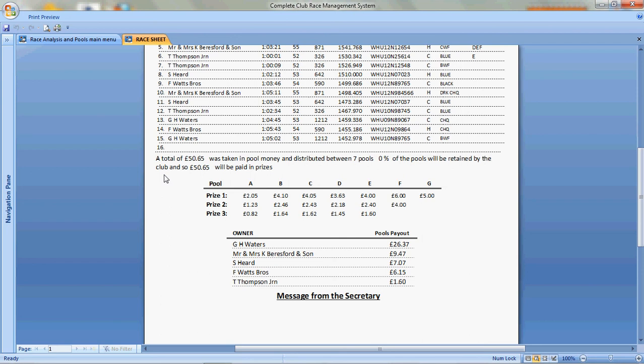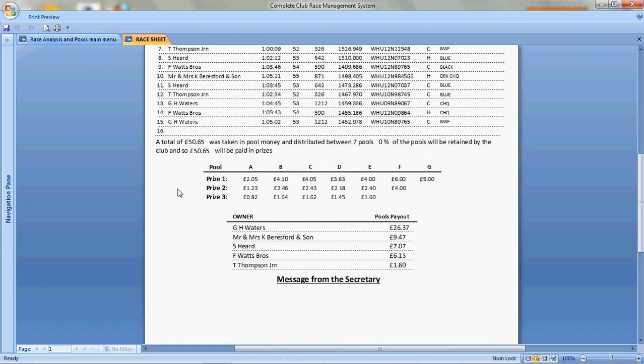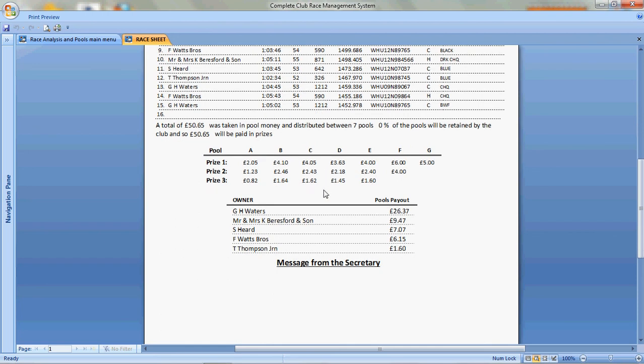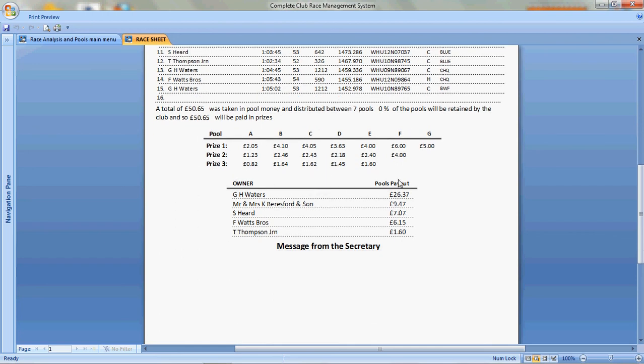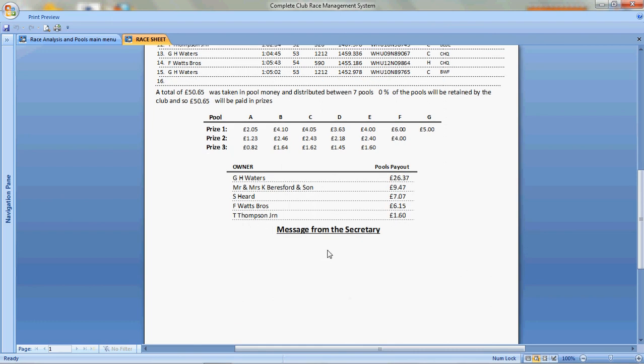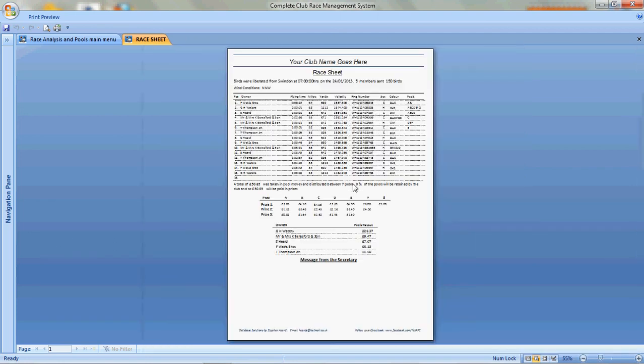There's a total of £50, 65 pence taken in pools, distributed between 7 pools. 0% of the pools retained by the club, so the whole amount was paid out. Underneath that then you have got your pool prize, and under that there's the owner and the amount of pools paid out to each person. If you'd have put a message into the box that said message from the secretary, that would have come out down under here. And that is your race sheet,